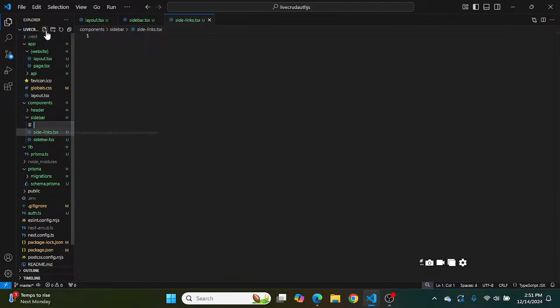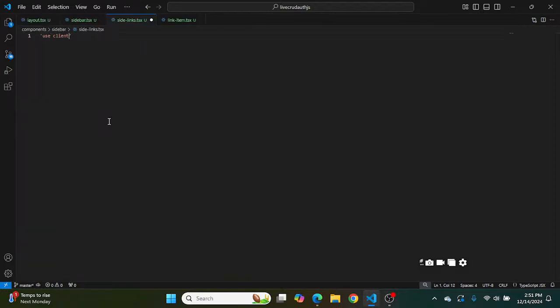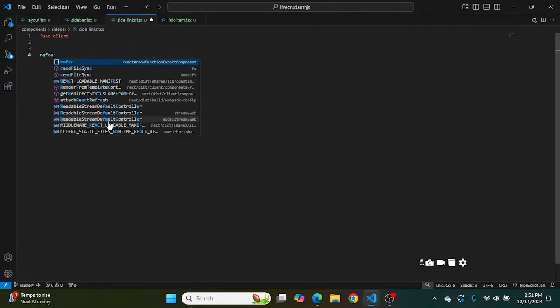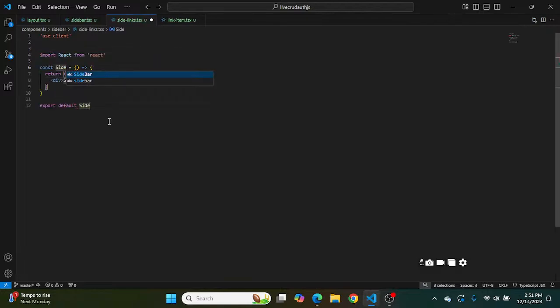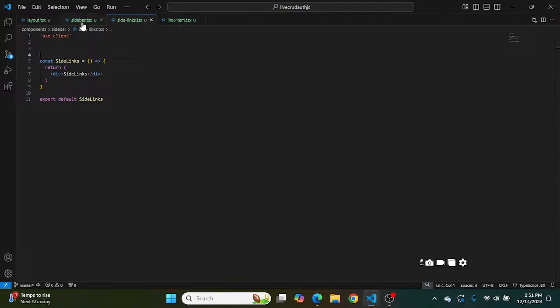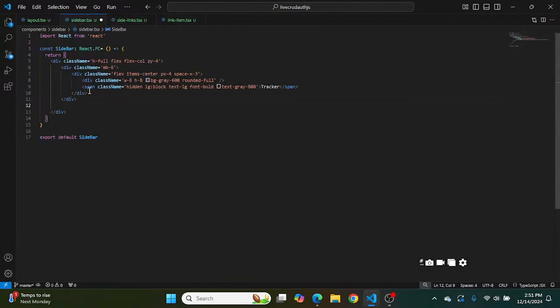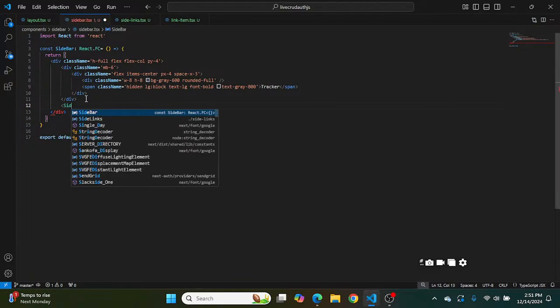Let's just go ahead and add another file named link item.tsx. And inside of the side links, let's just go ahead and mark this as a client side file. And I'm just going to create an RFC snippet that we'll have to update. So we'll say side links, hit save, and we can remove the React. Now let's bring this into our sidebar. So underneath the second closing div, let's go ahead and bring in side links,